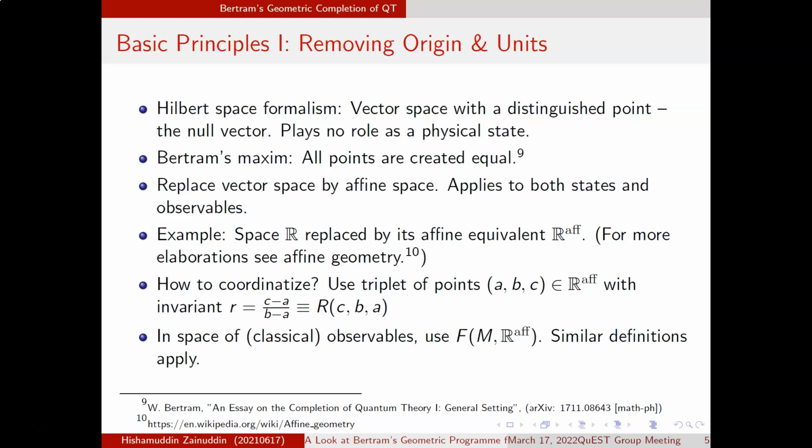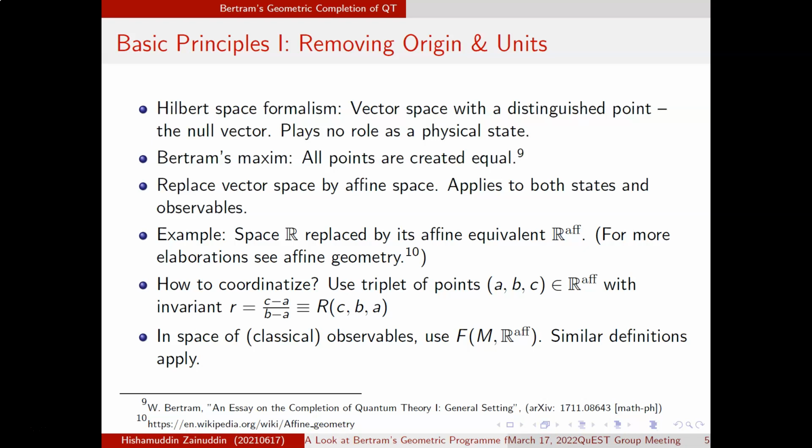Okay, in a way, you need that thing if you want to have the idea of, say, the abelian group acting on the vector space, then you probably need to have that. And then of course, yes, you have this idea of the superposition principle, that you might want to also consider the null vector, so to speak. Okay, so you have this distinguished point that's there in the Hilbert space, but it doesn't really play a physical